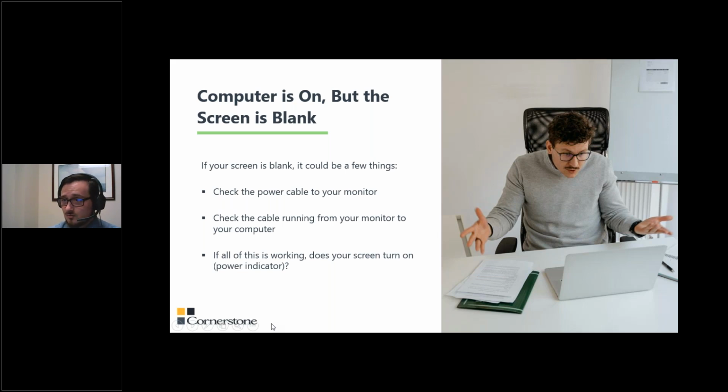And if you have another one of the same type, just plug it into that one and see if it works. 9 times out of 10, it's just a faulty connection, and that's all you need to do to get it to work. So that's what I'd recommend, is trying a different port. If you have a different type of cable that can work as well, maybe swap that cable out. That'll work pretty well typically, and that'll solve your problem.